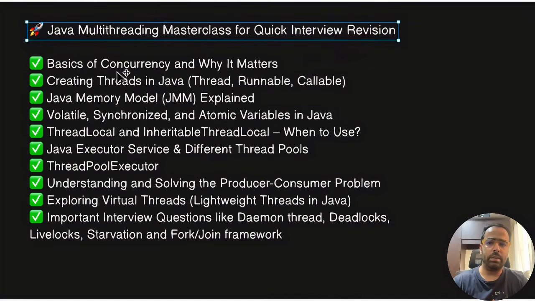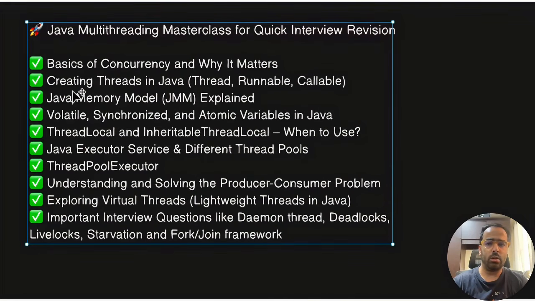We will be covering the basics of concurrency, then how to create threads, and what the Java memory model is, what the difference or significance of volatile, synchronized, and atomic variables is, what ThreadLocal and InheritableThreadLocal are, and when to use them, what the scenarios are, what the different thread pools are, what the Java ExecutorService is, and what ThreadPoolExecutor is. These are really important from the interview perspective as well as the concepts perspective if you really want to